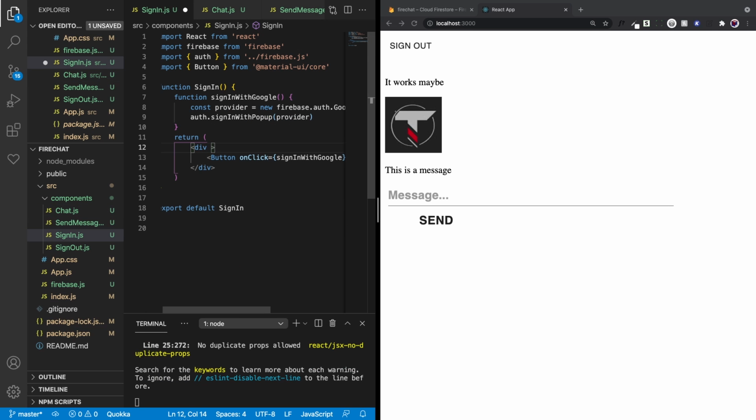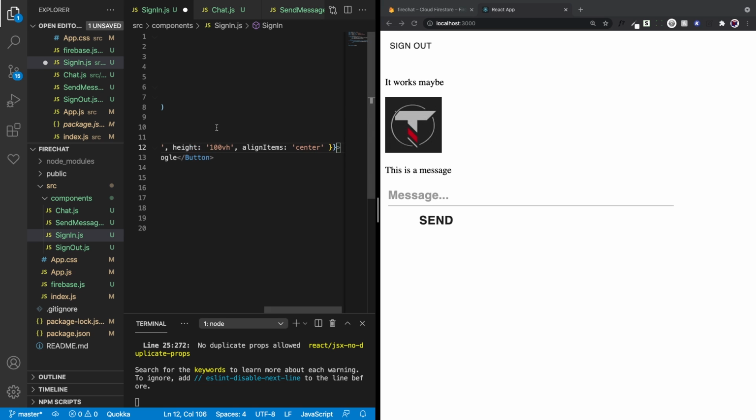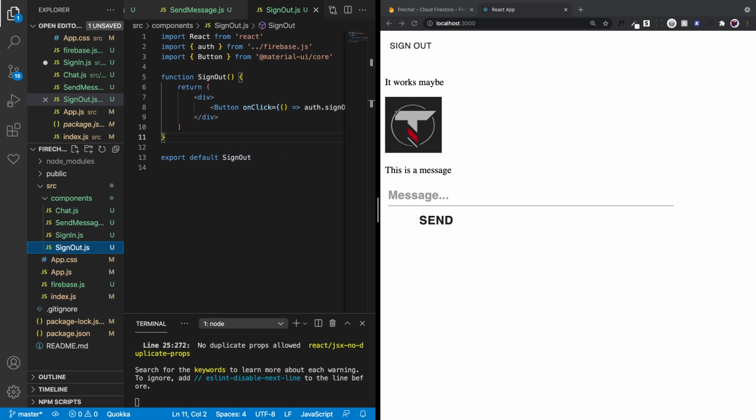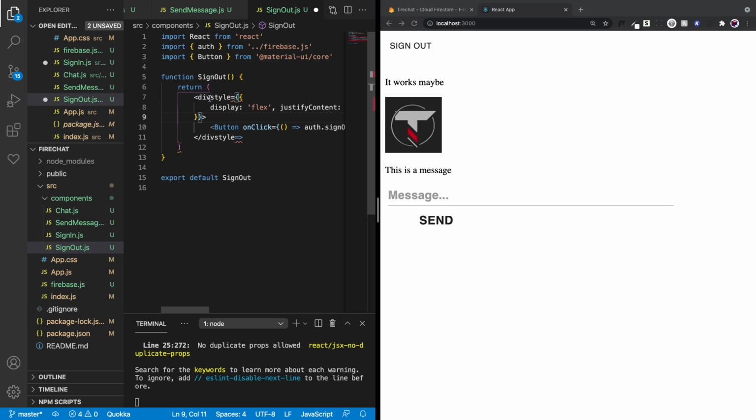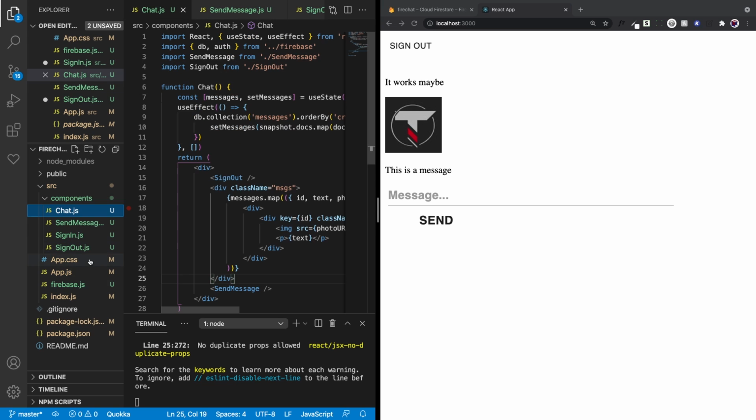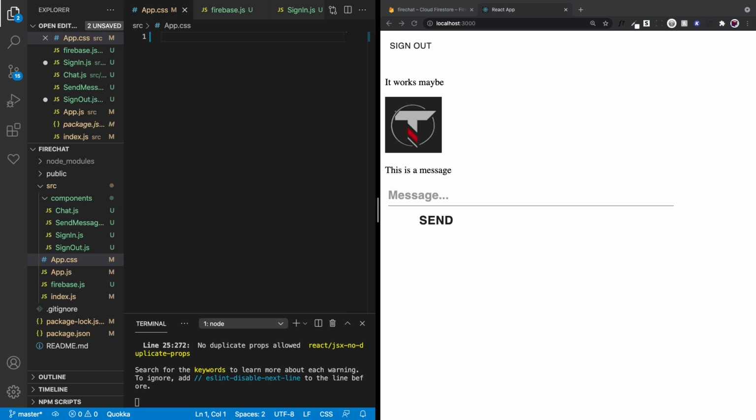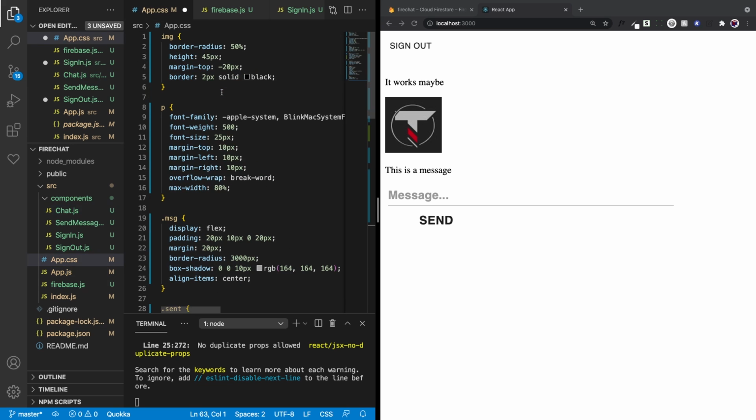So for the sign-in div, we also have some inline styles, and the same thing with the button. And for the logout or the sign out, we also have some inline styles for the div that wraps around the button and the button itself. And that should be everything. So now I'm just going to copy paste the app.css. So this is all the CSS code, which can be found in the description below. And if I save this,